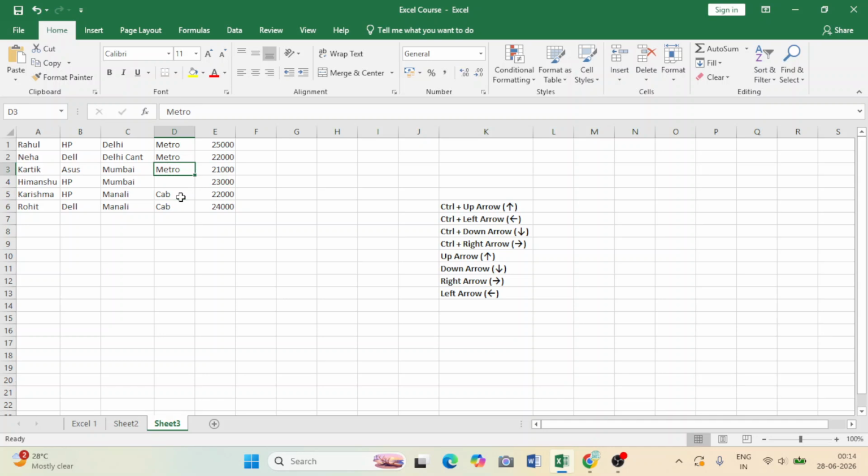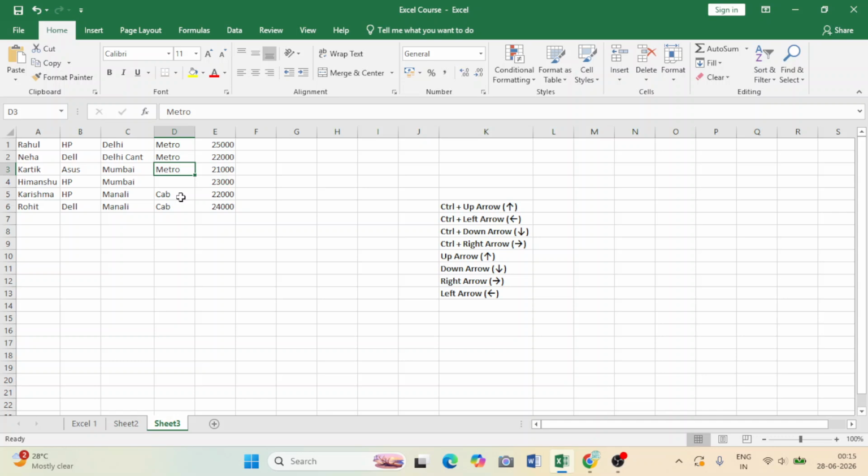The adjacent cell in the direction is empty, so it jumps over that to the first non-empty cell in this direction, which is D3 in this case. In simple terms, when we use Control plus arrow key, Excel tries to find non-empty cells, cells that have data. Now here D4 doesn't have any data, it is a totally empty cell. That is why Excel stopped at D5.